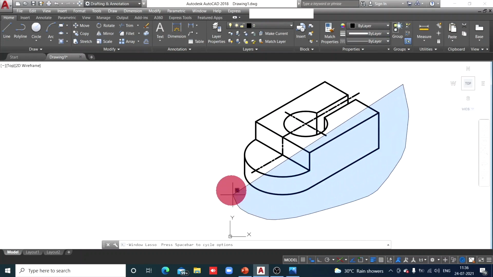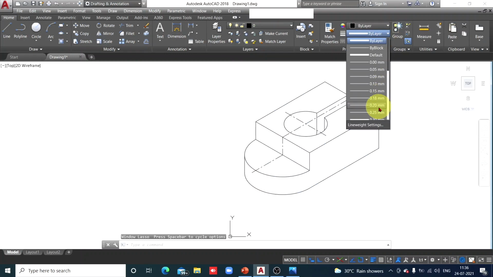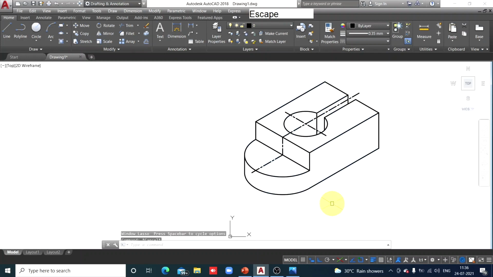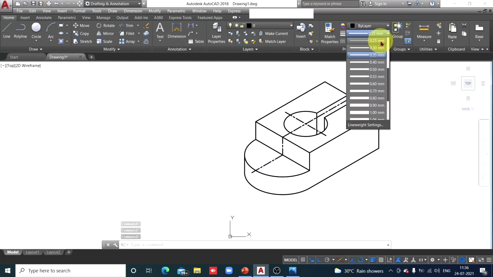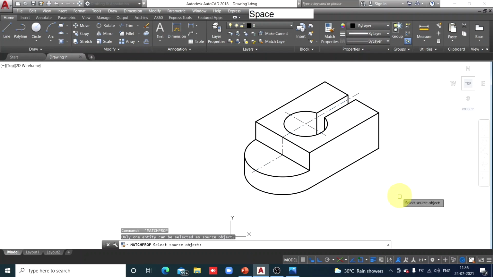I'll select all edges simultaneously, and for these edges I'll select thickness 0.35. That is enough for us. Escape. And the center line, I'll select thickness 0.15. Thickness 0.15. Enter. So this is how we have completed the drawing.